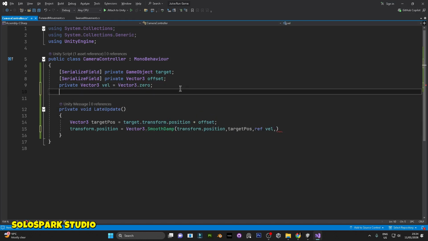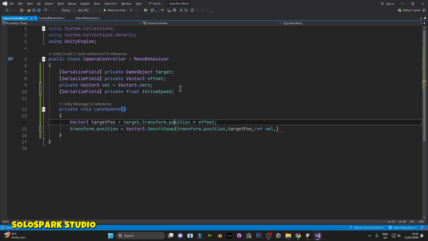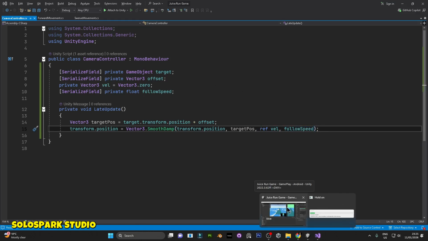We will also create a variable for that, SerializeField private float followSpeed I think, and pass it here, followSpeed. That's it. Open Unity,